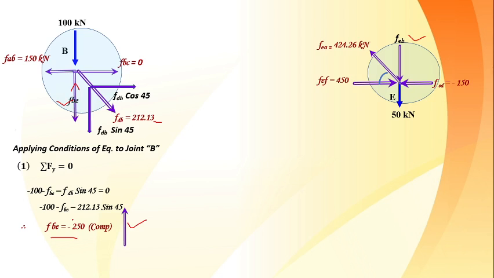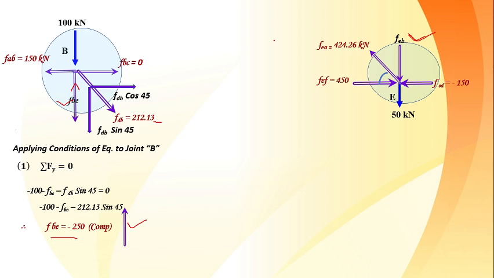So this FBE is the same FEB here. So in this you will find no unknown force. Is that okay? Now once we have finished with all the member forces, we have found out their magnitude as well as directions. Now at once we can check whether our analysis is proper or not. So out of all those 6, 7 joints, select any random joint where you all know the forces as well as the magnitude and their directions, right?